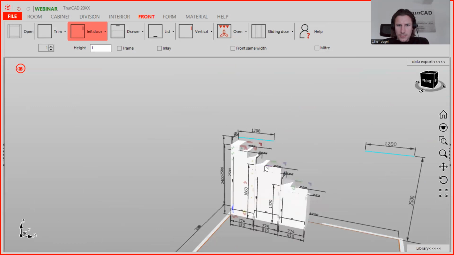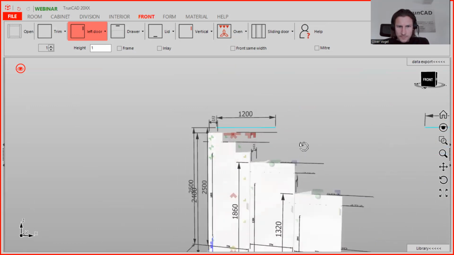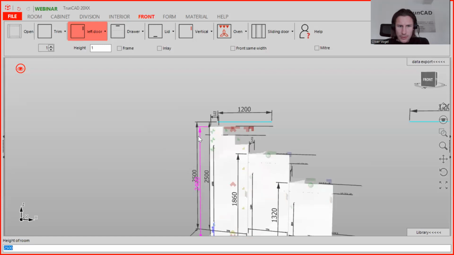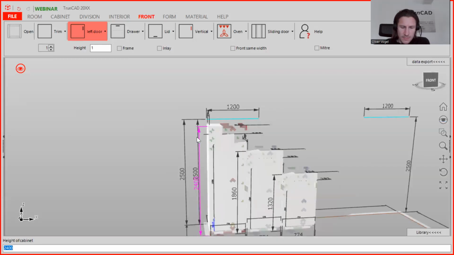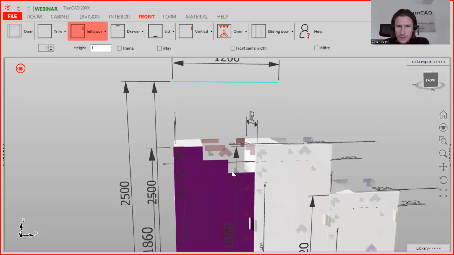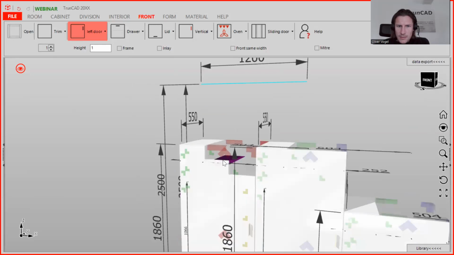Yeah, so it's because when we're copying it, and then we are changing the height afterwards, it would work. When we type in here 1860 and confirm it with enter, it's adapting, but it's not